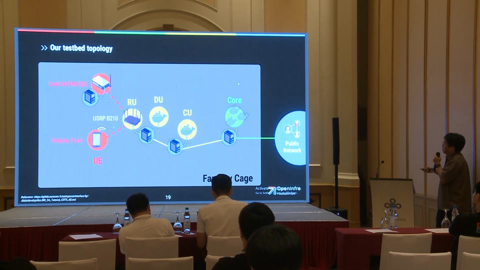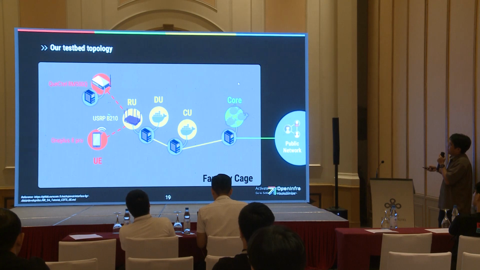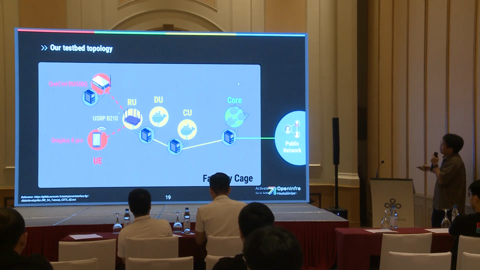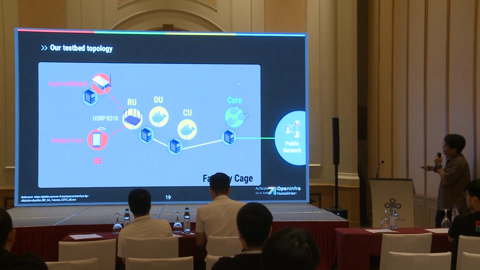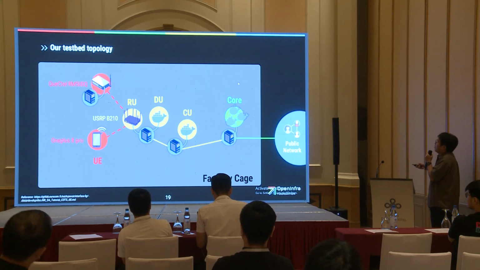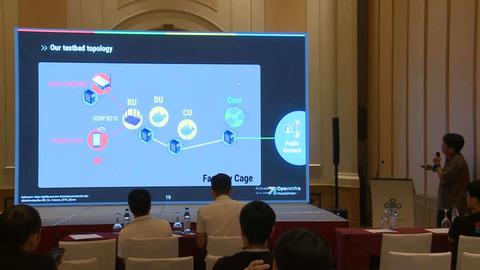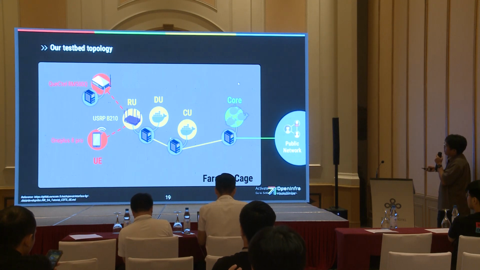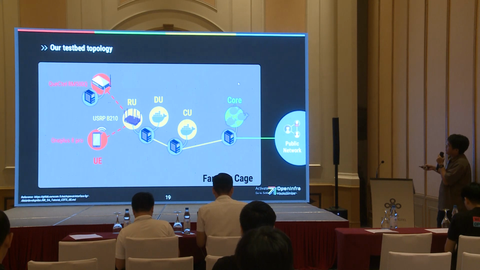And these two are connecting to the RU. The RU is a real hardware called USB 210. They are connected through wireless signal and transmit the packet, transmit signal to the RU. And the RU, DU and CU are the units on the gNB. It is based on two different servers, and these two are containers, and this is a physical hardware.